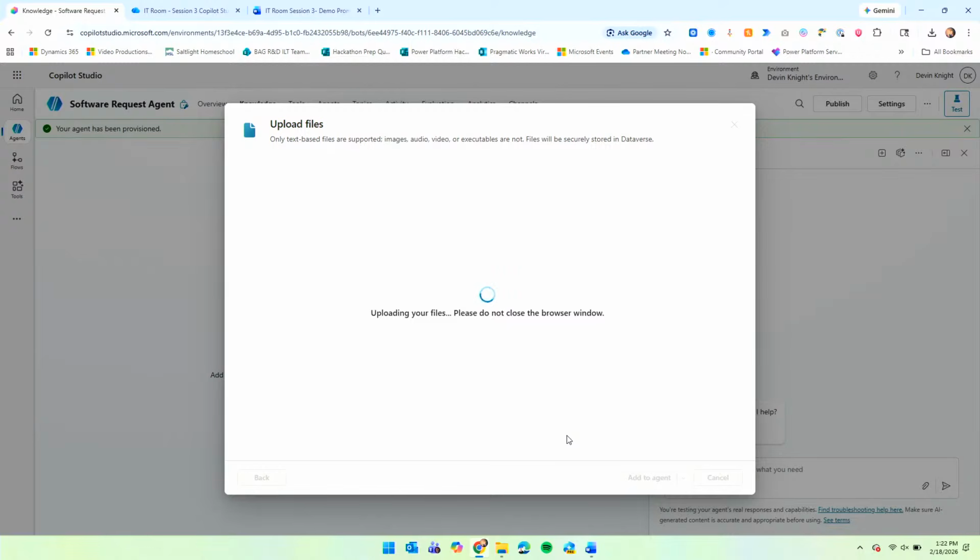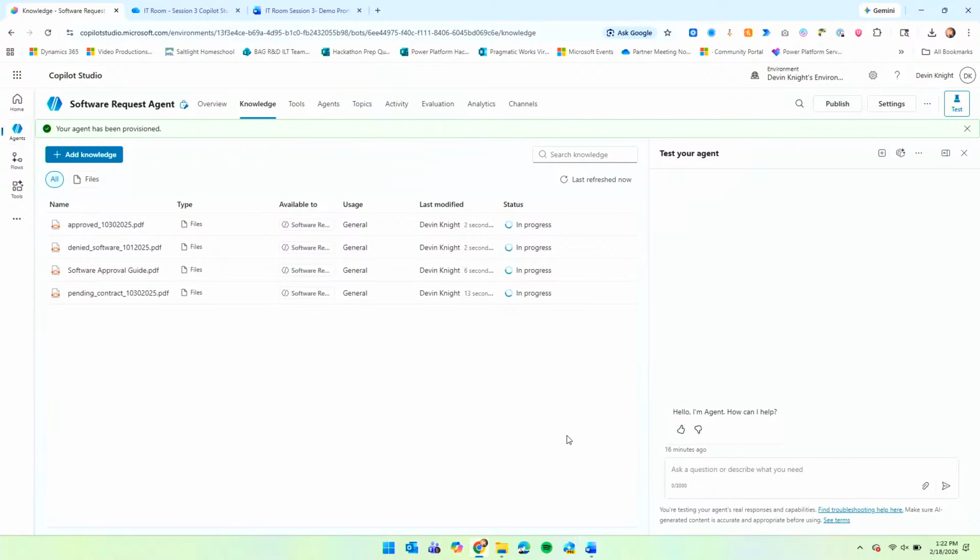Okay. And you mentioned adding as a group. What does that mean? What does that do? So basically, you say these group of files are for this use case, for example, for allowed software packages, and these are not, and these are for pending ones. So you can create groups of files, almost like a folder. It's more of a logical grouping. Yeah, a logical group, almost like a folder. Good question. Gotcha. All right, so let's click on that approved one there, for example,